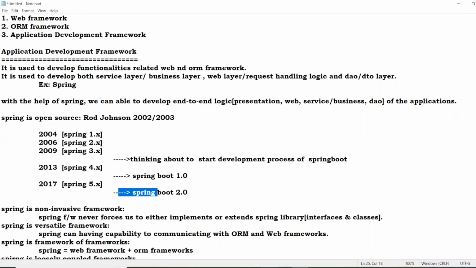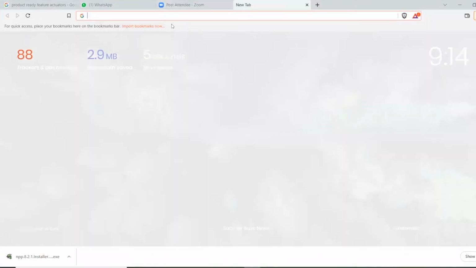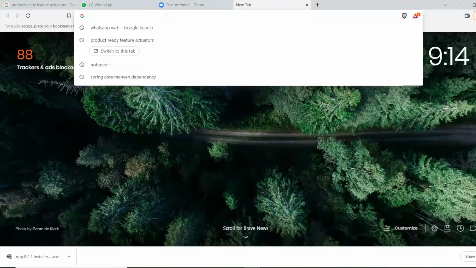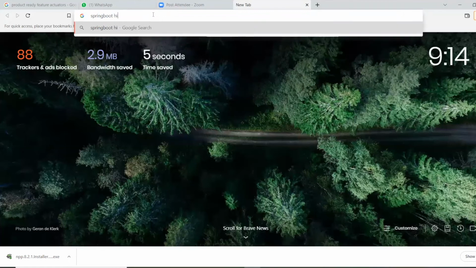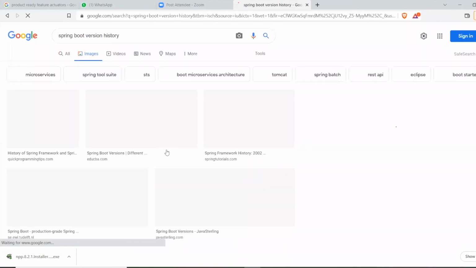Now observe here. This is my Brave browser. If you search for the Spring Boot version history, you can easily find it. Let me open it.